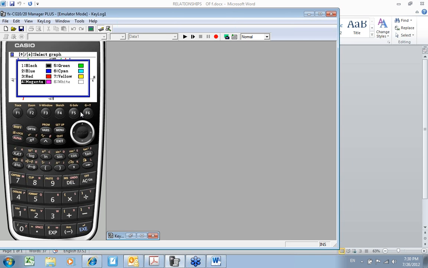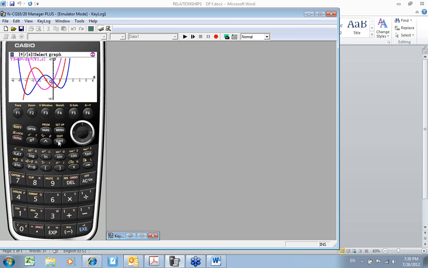So if I press execute and then exit, now I have blue function, red derivative, magenta second derivative.